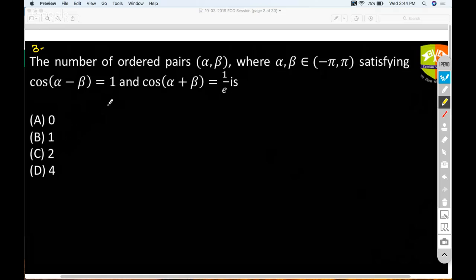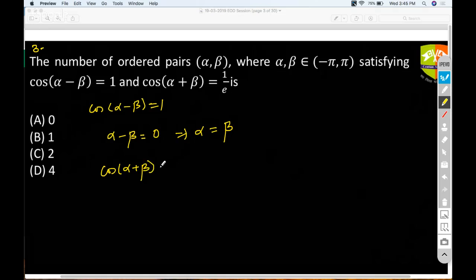So if you look into this condition, first of all, cos of alpha minus beta equal to 1 implies the only possibility is alpha minus beta has to be 0, right? That means alpha has to be equal to beta. And secondly, cos of alpha plus beta, which is nothing but cos of 2 alpha, is equal to 1 by e. Okay. Now, when you say cos of 2 alpha is 1 by e,